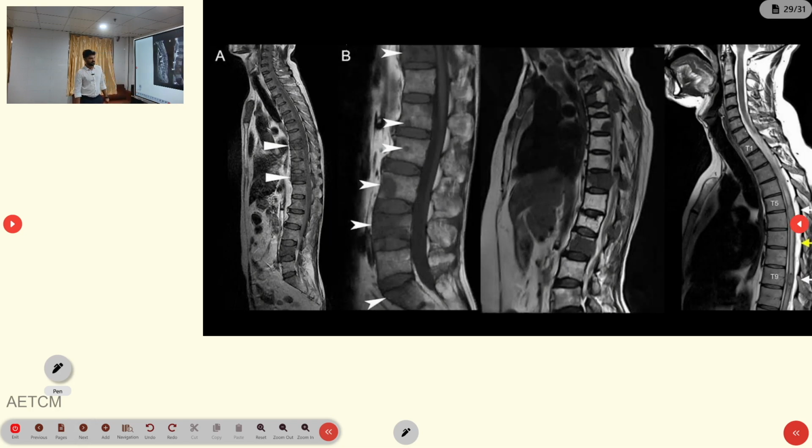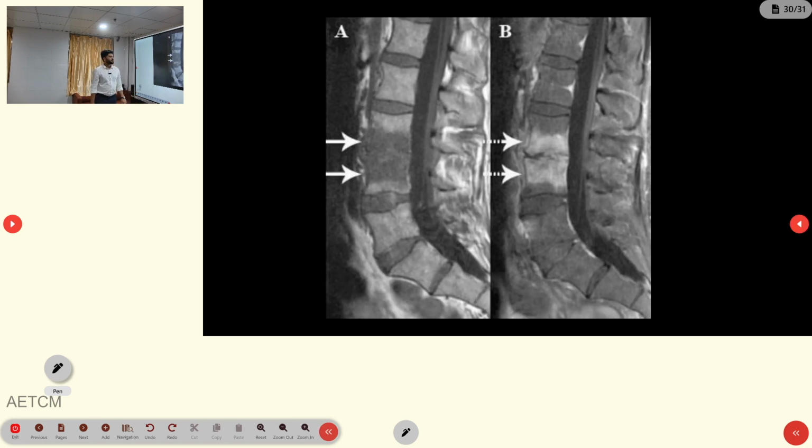This is another case which is showing multi-level involvement of the bones, and this is a case of metastasis. Here also you can see metastatic lesions in the cord. And this is a case of osteomyelitis. You can see the vertebral body enhancement, marrow changes and all. So these are the main things you have to look into